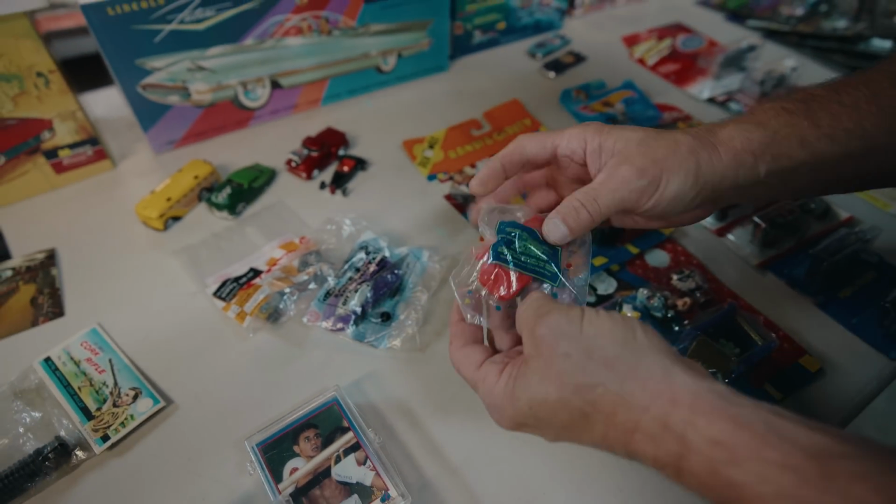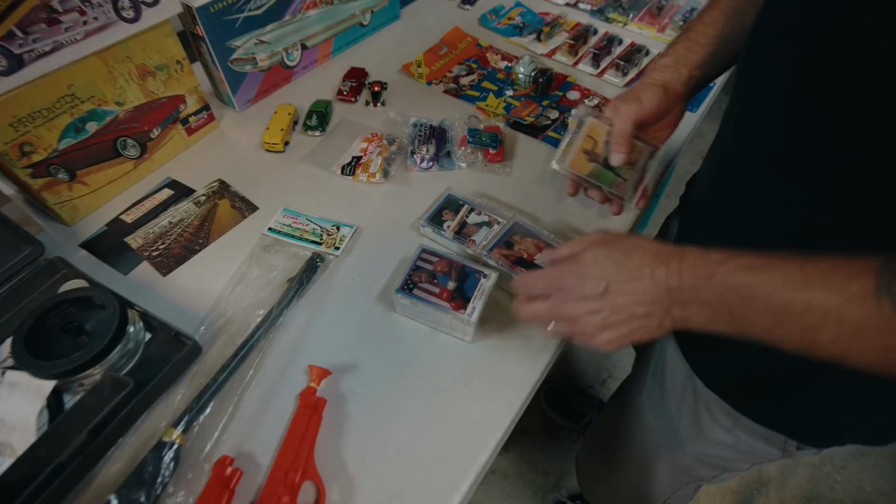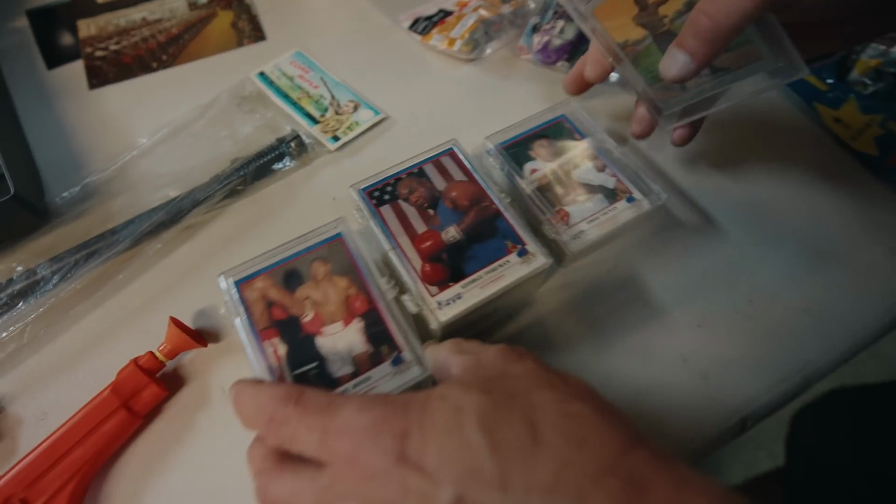Did you get these at McDonald's? Yeah, but I mean, I was an adult, but yeah. $10 for all 3. This is something in my collection that I don't really even understand where it came from,